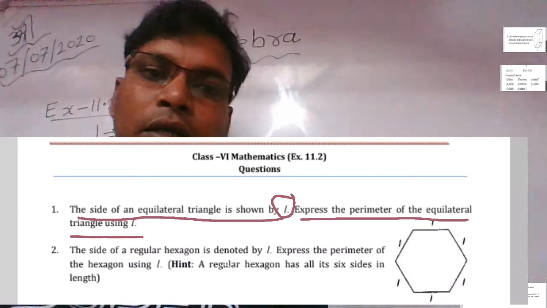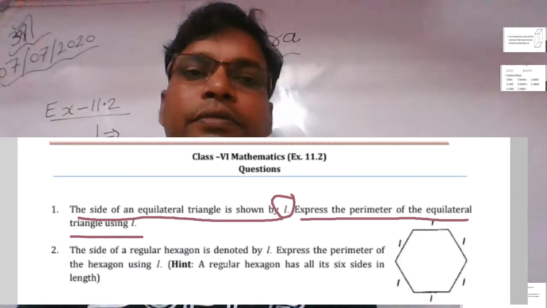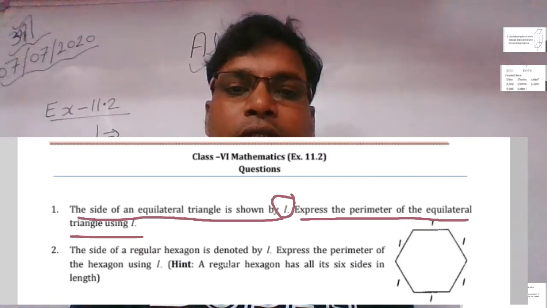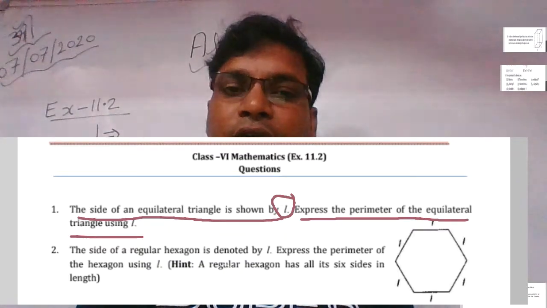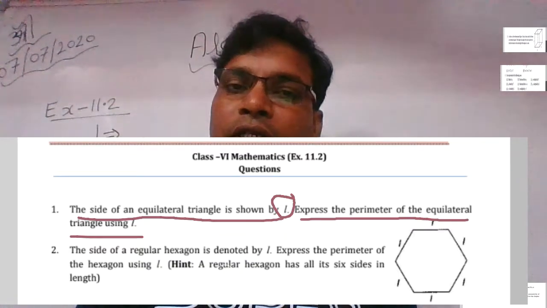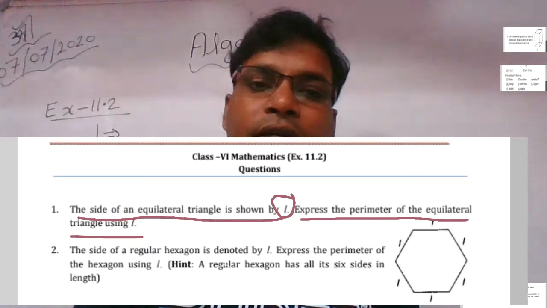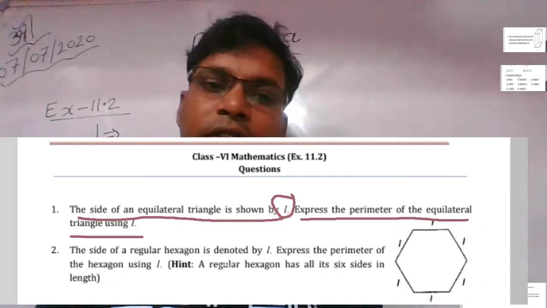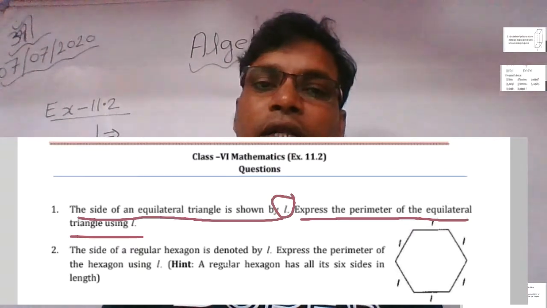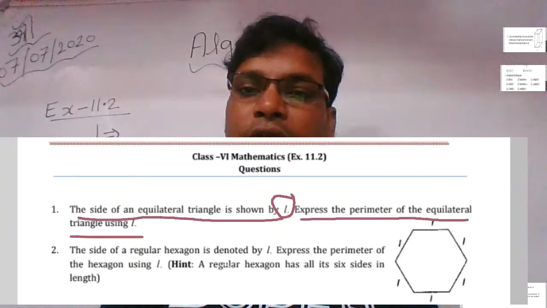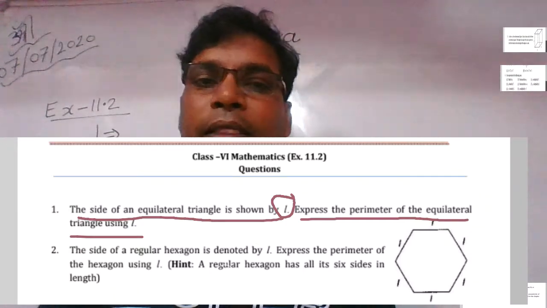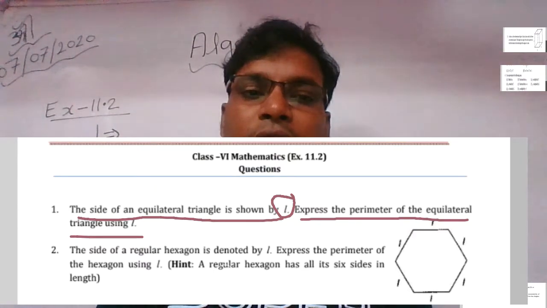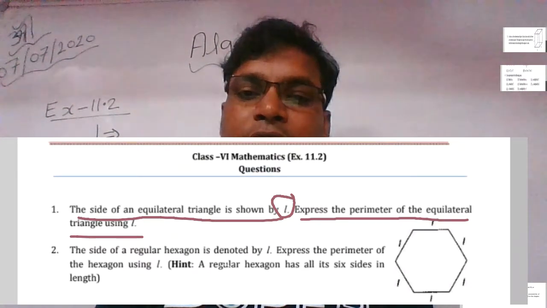Okay. So first of all, you know what is triangle? You know very well. Triangles have three sides. Types of triangles also know. Here we discuss equilateral triangles. A triangle in which all sides are equal is called equilateral triangle. A triangle in which two sides are equal is called isosceles triangle. A triangle in which each side is unequal is called scalene triangle. So here you find the perimeter of equilateral triangles.